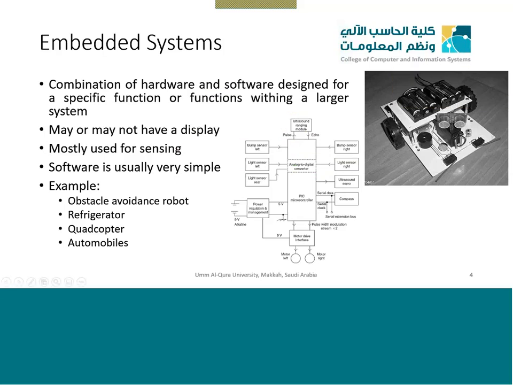It has obstacle avoidance sensors, two of them. On top of them, there is a black color buzzer. It has two tires. The output of this embedded system is the tires. Based on the input which is coming, it will sense the input, and the output will be the rotation of the tires. So it will keep on moving, and whenever there is an obstacle in front of it, it will stop and change its path.